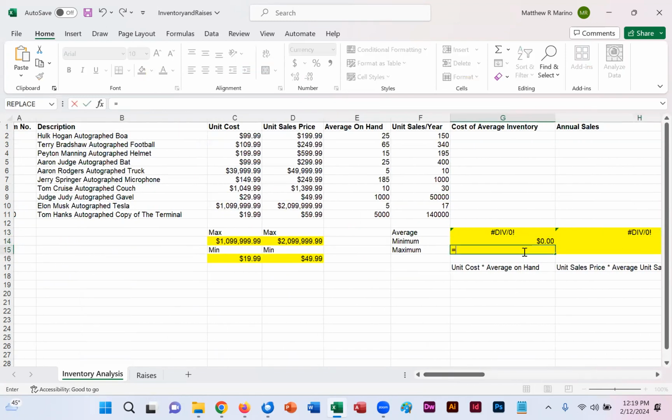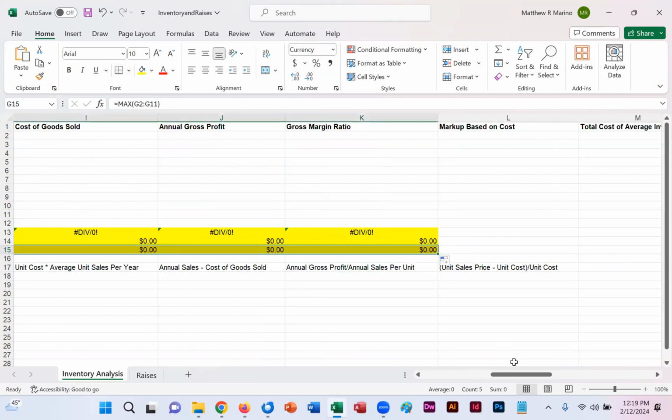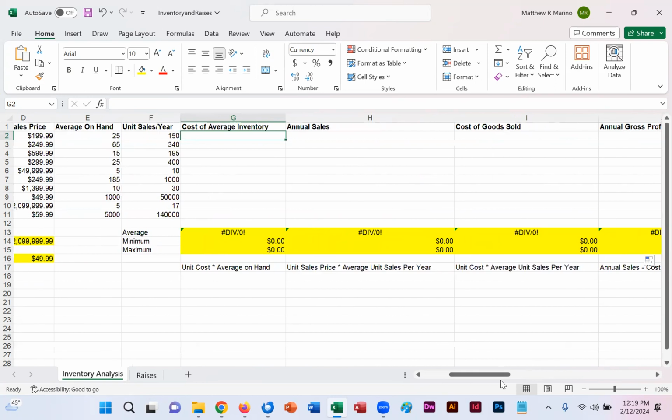Then we do the same for max. Since we're not dividing by zero with the min or max, it simply gives us $0, because technically that's all that's represented right now, because we have no information in that column. So you see down at the bottom, some of these columns provide you with what the calculation